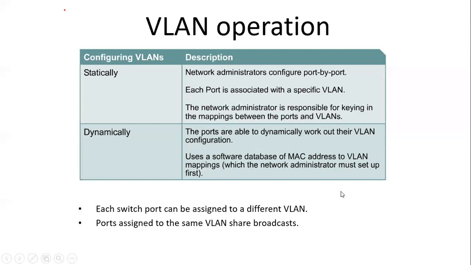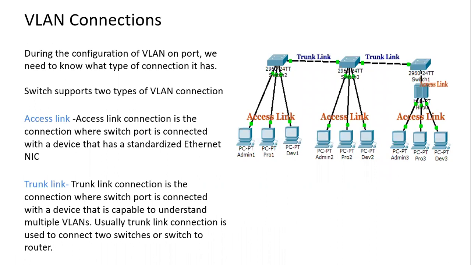Basically, all the hosts are connected to switches, and then switches are connected to a router. So each switch has to be configured with which VLAN each port belongs to. And all the ports assigned to a VLAN will broadcast the packets. So basically, VLAN is connected using a switch.